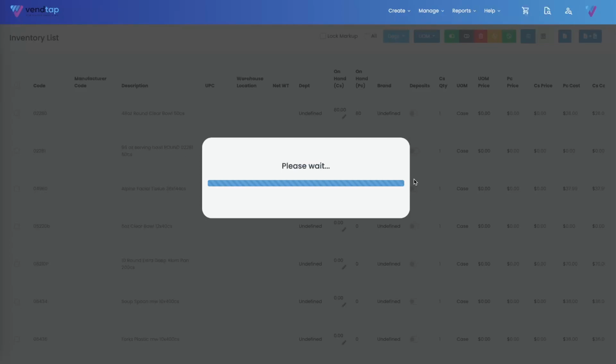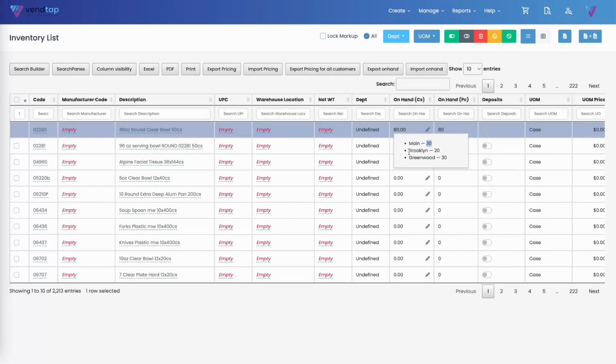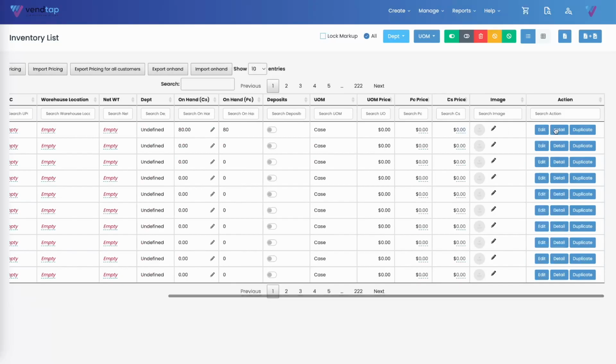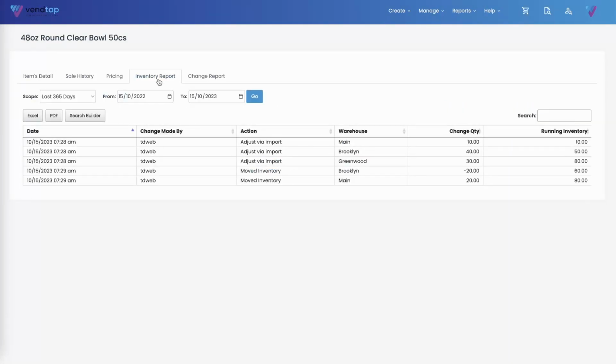and I can also see the live changes in the inventory report. I'll show you in a second. So if I hover to here, I will see the main previously, which had 10 cases only, now has 30, and Brooklyn has 20 cases. If I open this item's details page, not only will I see how many are there in each warehouse, I will also see what has been happening to this item's